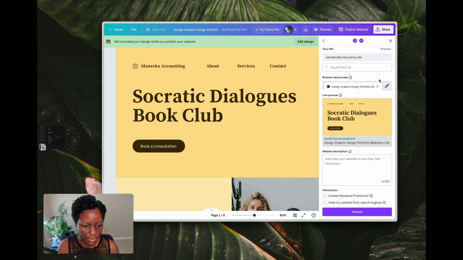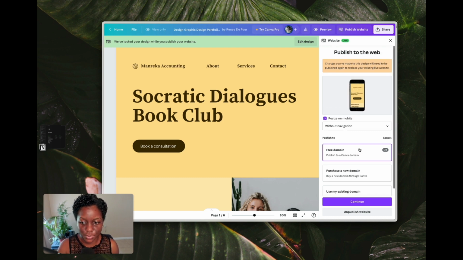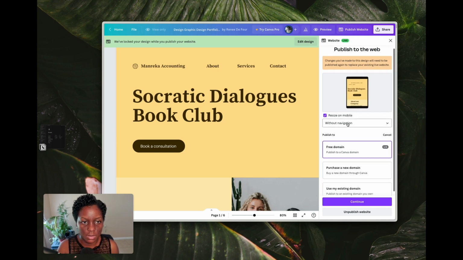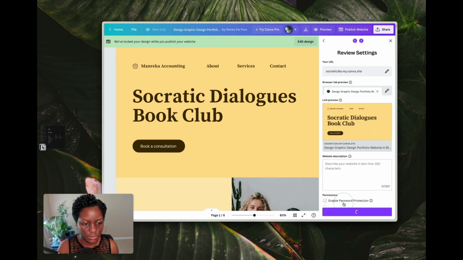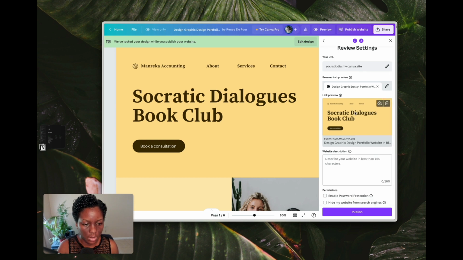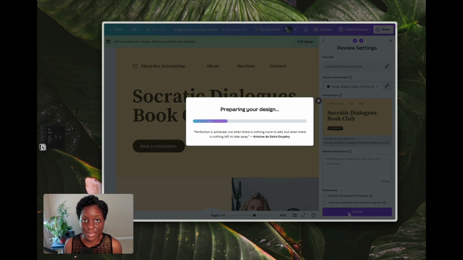Browser tab preview. Okay, seems like we have to go with this domain. So make sure that it may be, I wonder if it's based on the actual name of the site. Anyways, let's continue. Rightio. So here we are. You can enable password protection, and you can add a description as well. I'm not sure how well this is with SEO, but